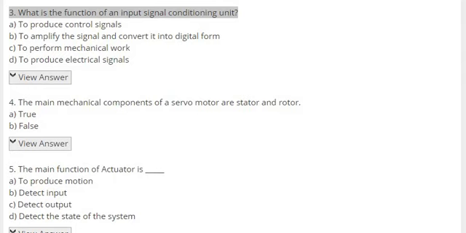Question 3. What is the function of the input signal conditioning unit? There are four options. First is to reduce the control signal, to produce the control signal. B, to amplify the signals and convert them into digital form. And C, to perform the mechanical work. And D, to produce the electrical signal. The answer of this